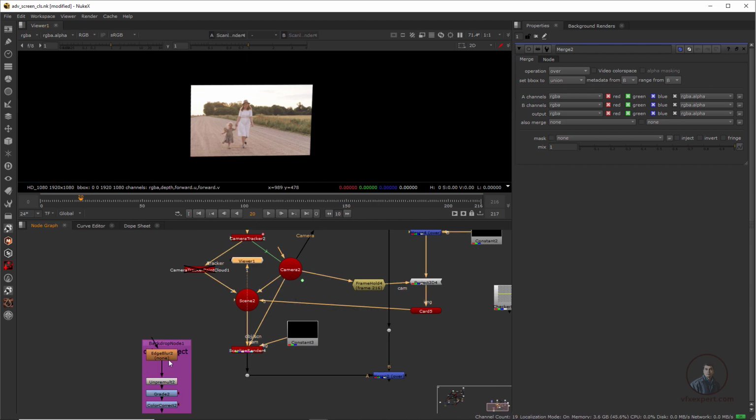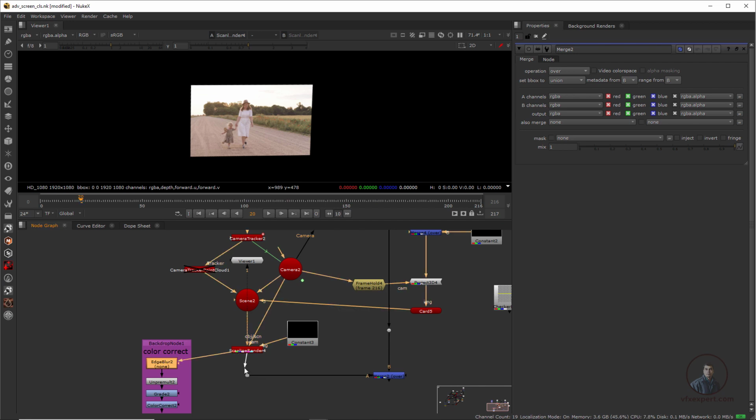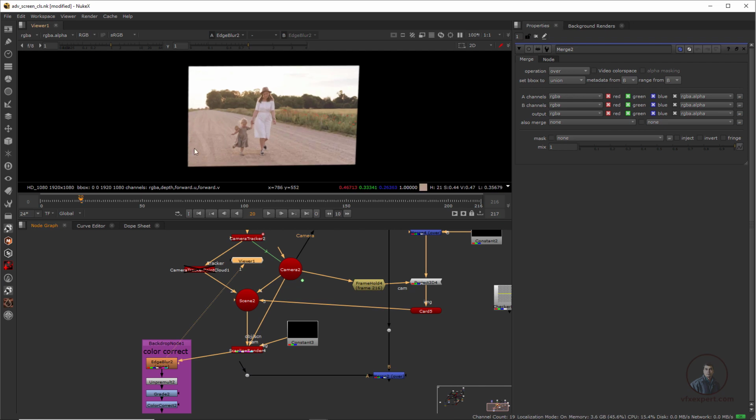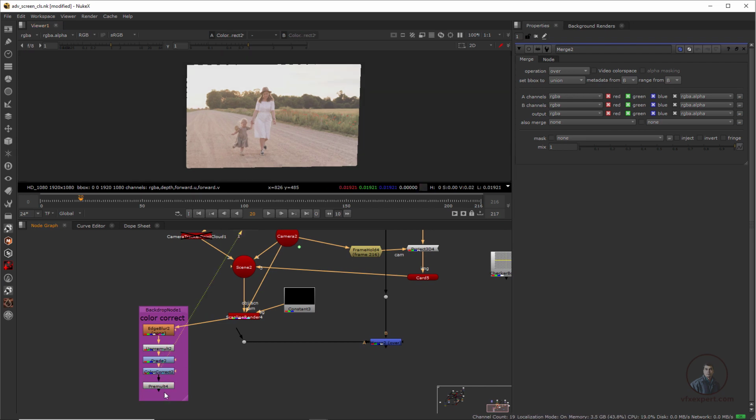Then after this we have to use this tree here. So just connect it here. Now just unplug it from here. If you look at this one, I have used some edge blur here. Then after this I have used this grade node and adjusted this color a little bit, and also this color correct. Now this is our final color correction and we have to attach from here.